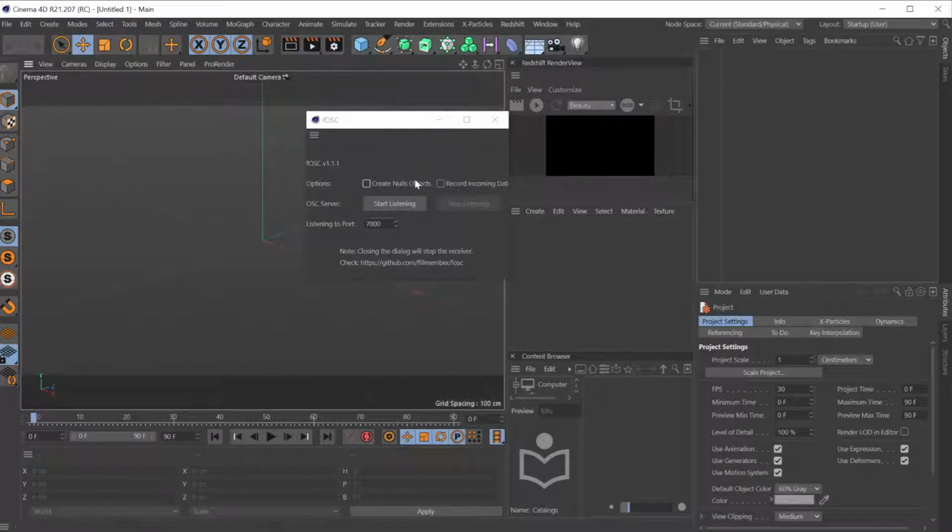I'll just quit it. Whatever I do, because it's not receiving any data, it doesn't do anything. There are no cameras, nothing created here, even though I have this create objects option on. It does nothing. So I have to make sure that OSC data is sent to Cinema4D with this port and